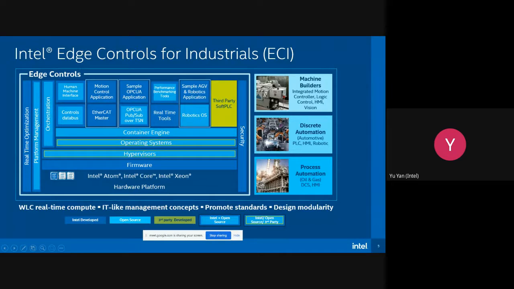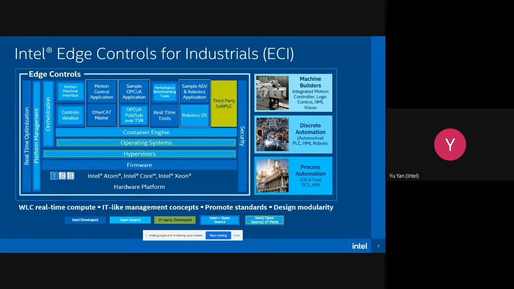So the target of this platform is to make any kind of industrial PC, if it installs Edge Controls for Industrial, become a real-time performance guaranteed industrial controller. It provides a lot of tools to help the user do that, because for tuning the real-time performance, there are a lot of steps that need to be done not only in the Linux kernel, but also in the BIOS firmware, and also in the hypervisor